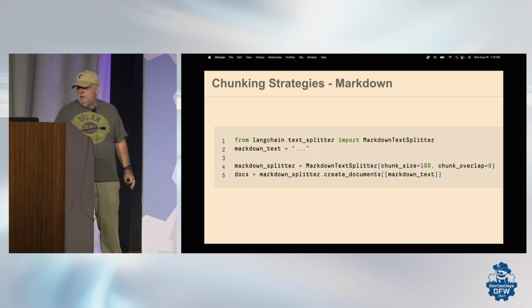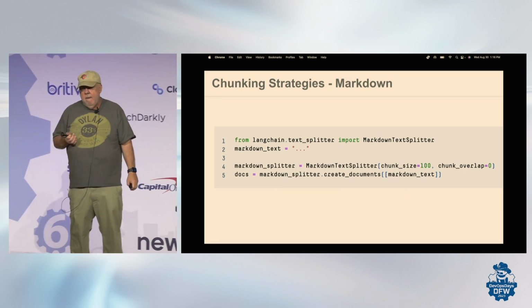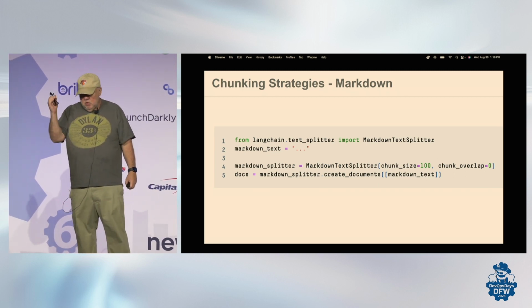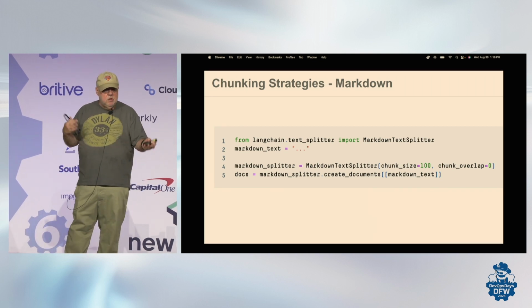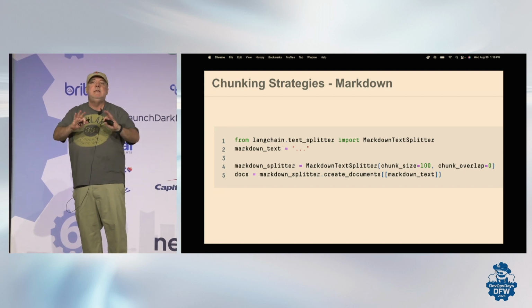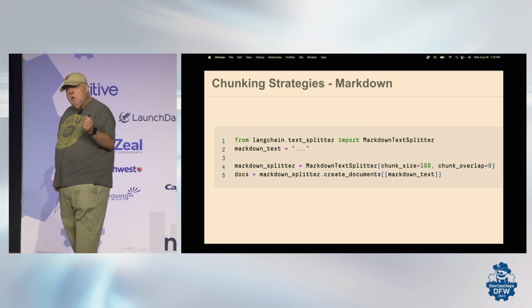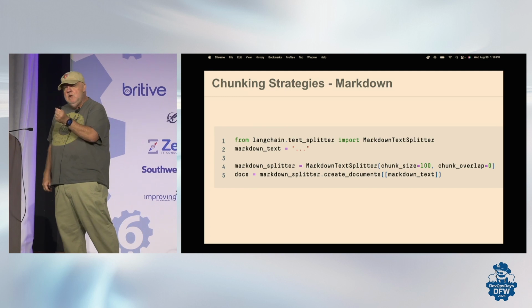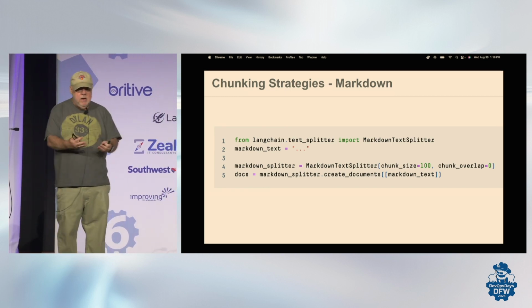The second one is Markdown. A lot of people are starting to use this more often because you get a lot more control with Markdown. One of the things I've been playing with: I'm trying to help TechStrong, which is the Dallas.com, turn all their videos and content into a reasonable LLM. First they said go ahead and do this, and I said no, we have to step back and understand the data. I'm finding that if you take a transcript and run it through a post-process to turn it into Markdown, you can add more data, and it's much cleaner in terms of how it gets read in with the Markdown